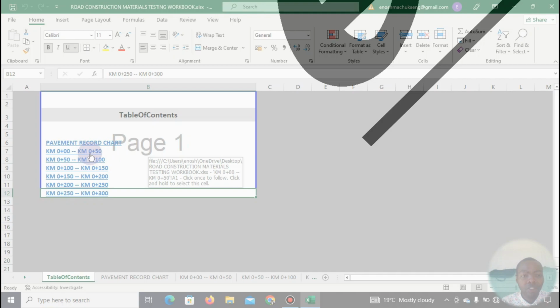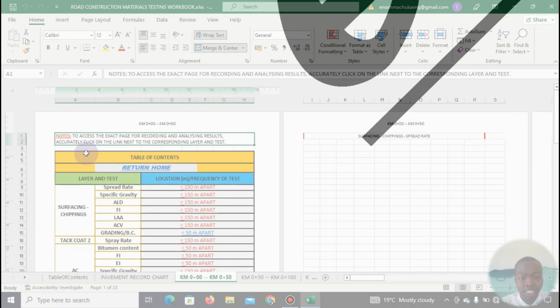So this sheet contains all tests which are being done in a pavement area. Okay, so for example, if I go to this first sheet here, kilometer 0 to kilometer 0 plus 50 meters,